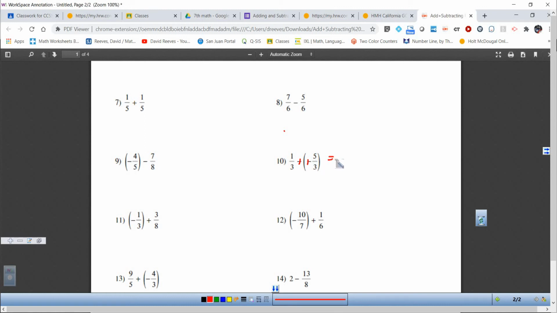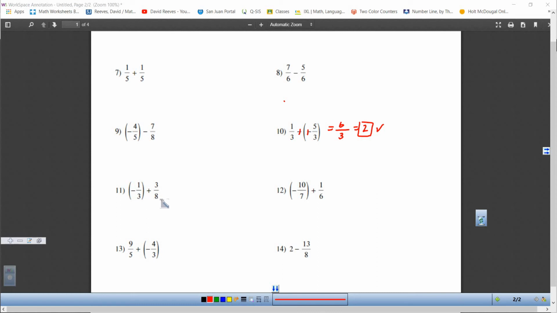And then what would I get? Again, because we have our common denominator of 3, 5 plus 1 is 6. All right, and then 6/3. Well, 3 goes into 6 evenly, doesn't it? That would just be an answer of 2, and we would be done. Okay? All right, and I'm actually going to skip down to number 11 because I want to do an addition